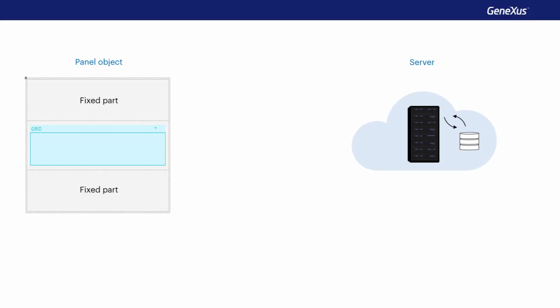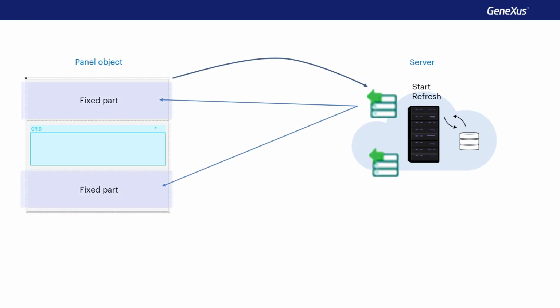Remember that in a panel object used to develop customer-facing applications, to load the screen in the client device, services located in the server are invoked, which are the ones that access the database. These services are data providers, which are independent for the fixed part and for the grid, or each grid of the screen. When the panel starts running, a local event is triggered on the client that invokes the data provider to load the fixed part and causes the start and refresh events to be triggered on the server. Then, a second data provider is executed, which triggers the load event on the server n times, and the grid is loaded.